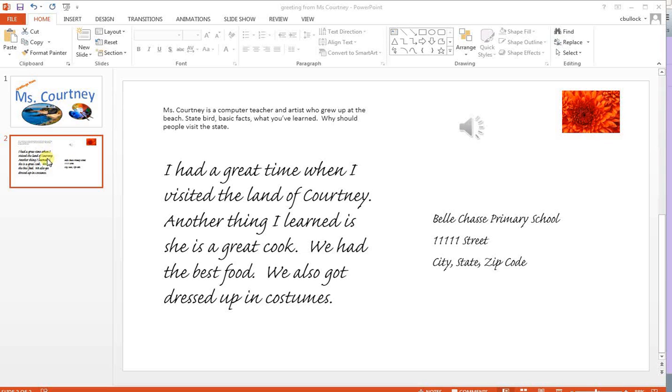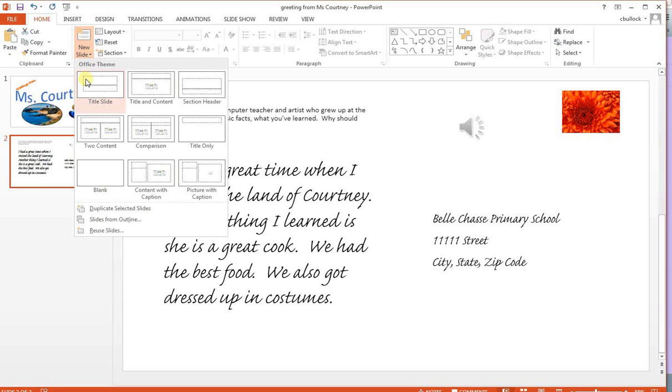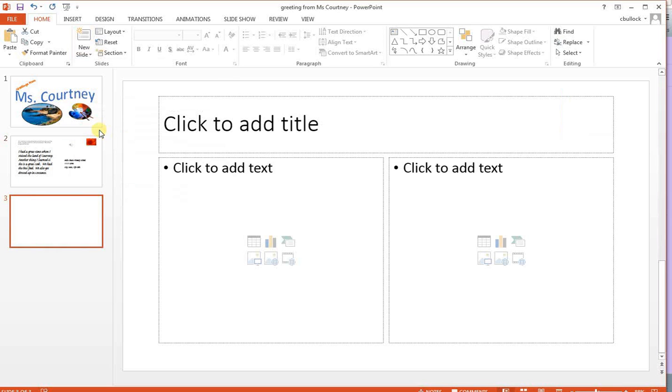Okay, we have 2 slides already, and now we're going to insert another slide, and we're going to do this by clicking at the down arrow and choosing 2 content. We want 2 content boxes on this next slide. So if we click it, now in PowerPoint, when you click the content,